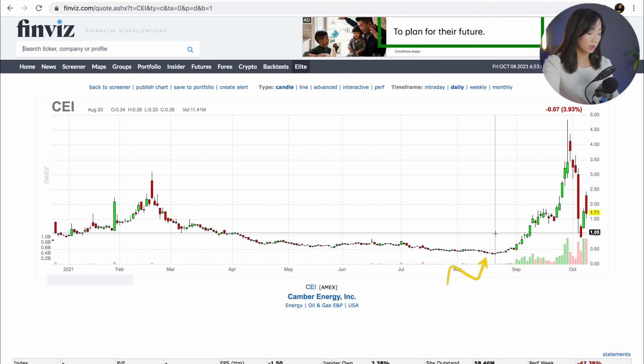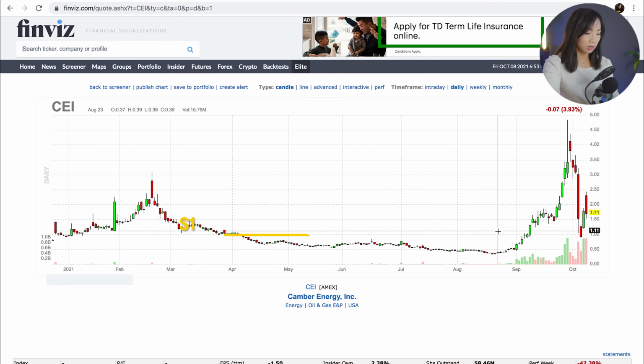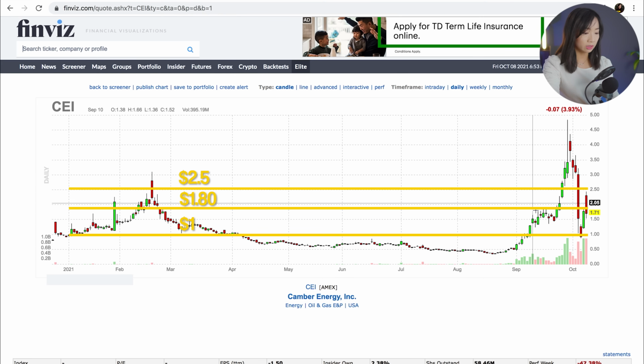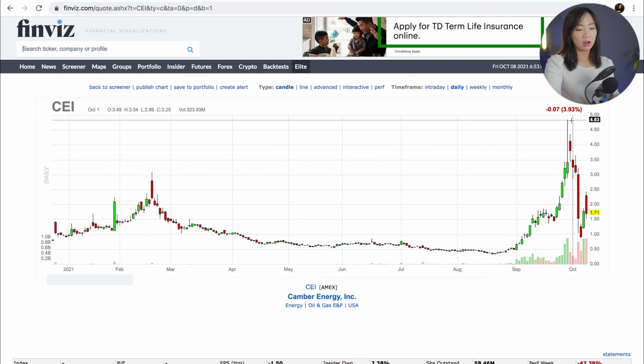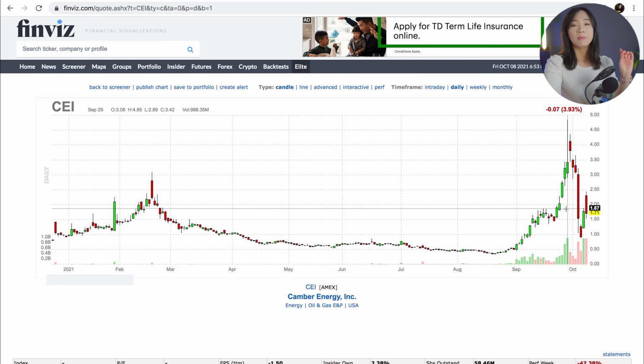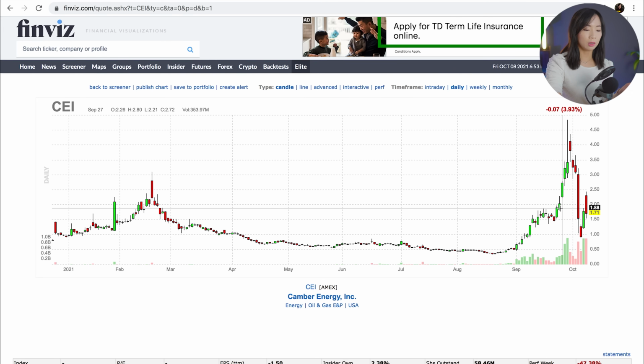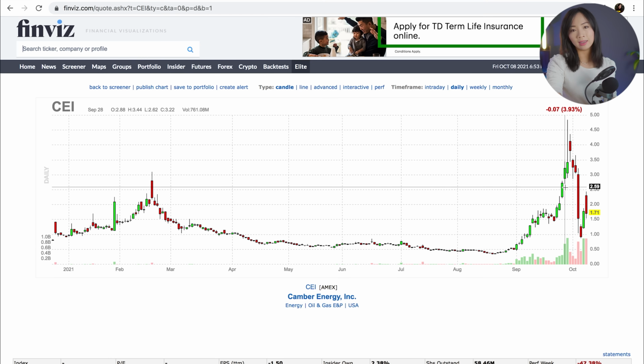Another one here from our scan is CEI. You can see this thing broke multiple resistance. It broke a $1 resistance, another resistance here at 180. And once it broke all of these resistance, it went to the upside from 150 all the way to almost $5. Now, it has since then come all the way back down. So the breakout for this stock is over, but this is essentially what you're looking for, the earlier parts before this huge breakdown. All the other stocks that we just talked about have a chart that looks very similar to the part preceding the breakout on CEI, and that's the reason we are scanning for those stocks.